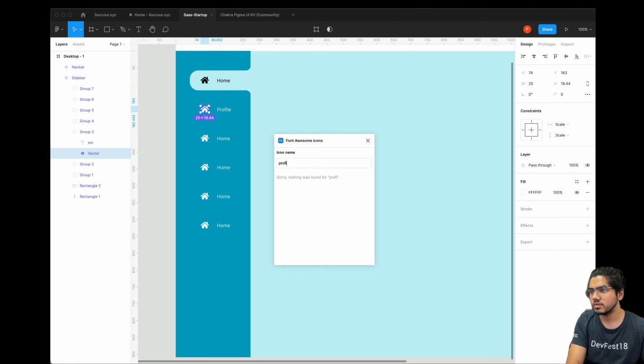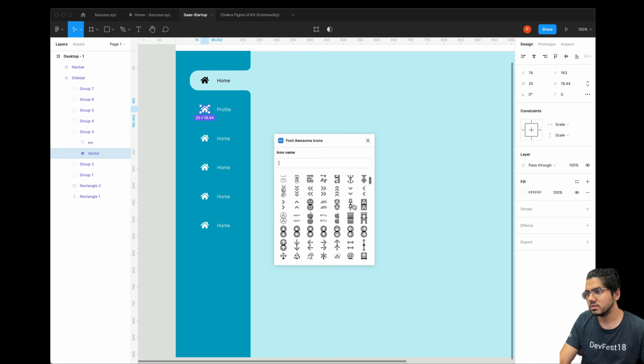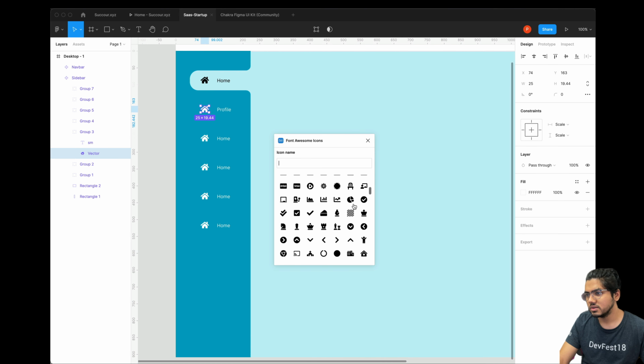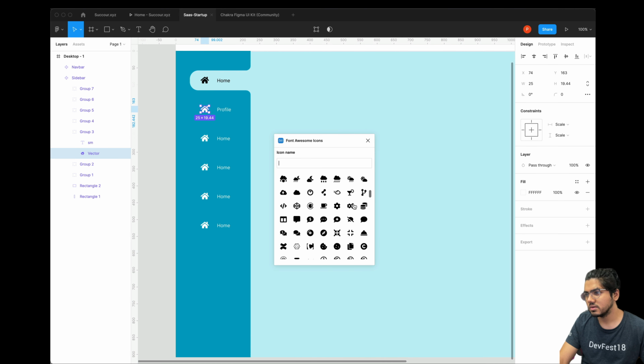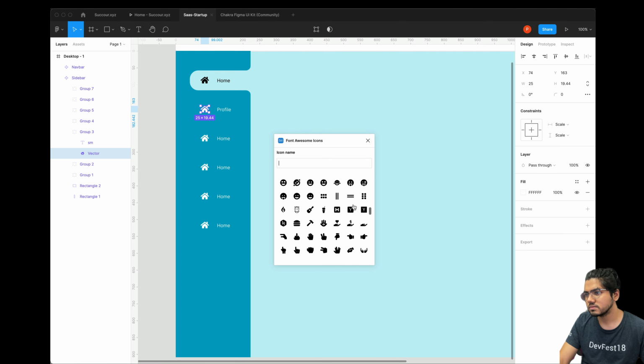Login, profile. Okay, when you are not able to find it, you can search for it, or you can scroll anytime and find something similar. So I'll use something like this for profile.